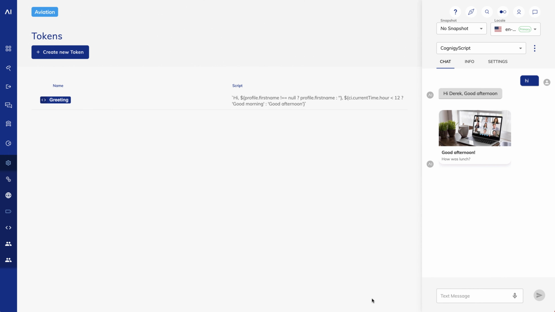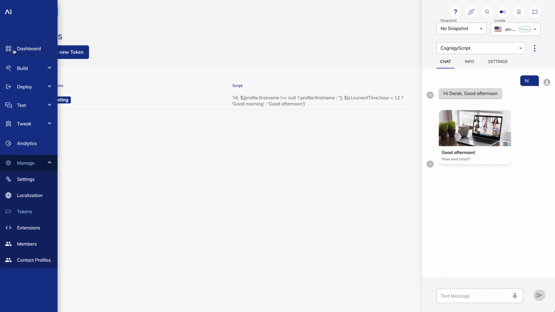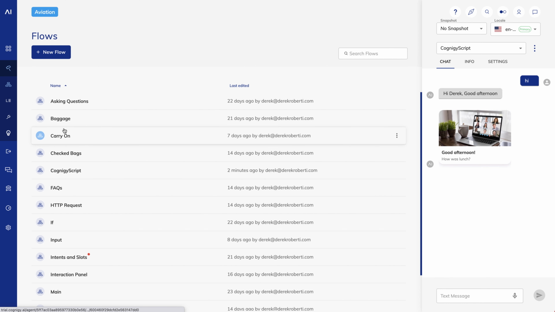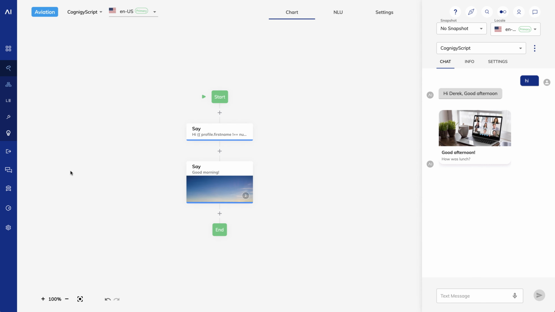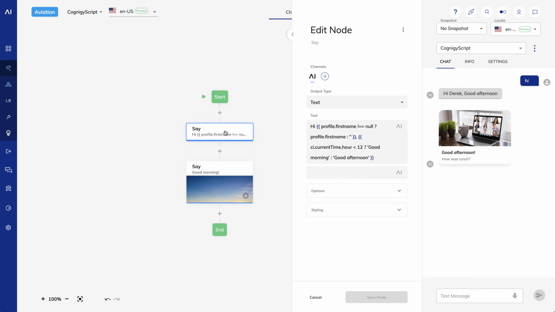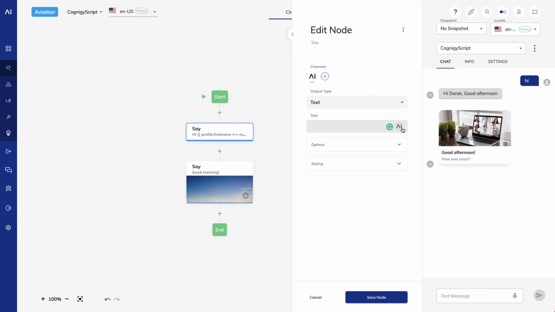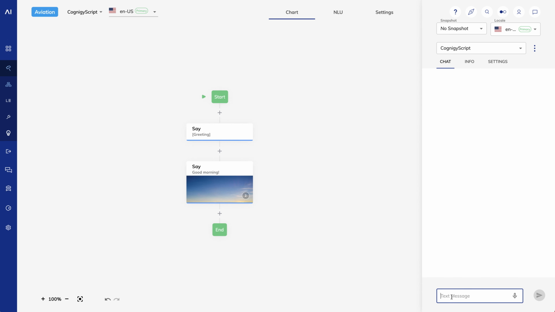Tokens are a great fit for adding dynamic content where the logic won't change much over time. If you think about the last question result token, that's referencing the Cognigy input, and it's a built-in feature of the platform, so it's a great use for tokens. The reason I highlight this is that the token value is copied to the field where it's inserted. This happens when you save the node where the token is used. You can't make subsequent updates to tokens. You can only delete them. If you do delete a token, changes won't be made to the nodes where you've already used the token.